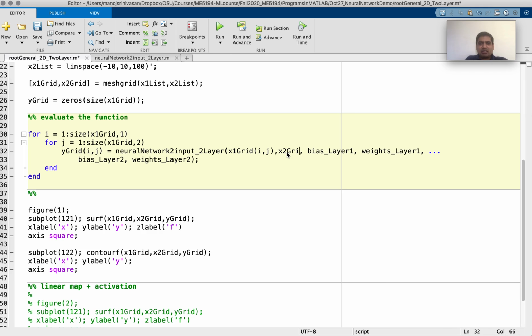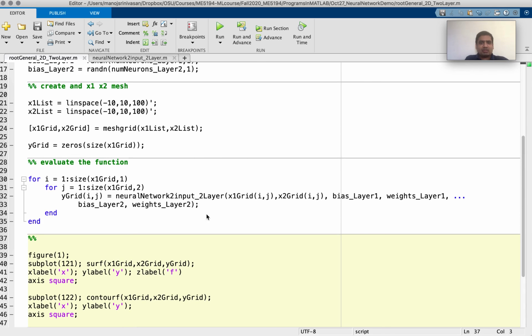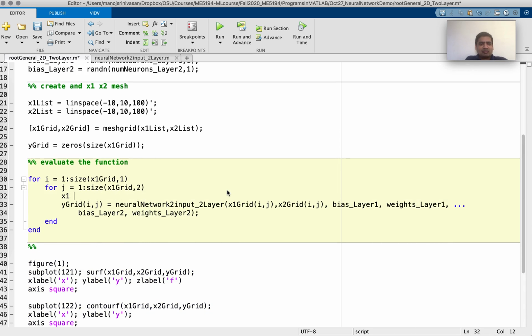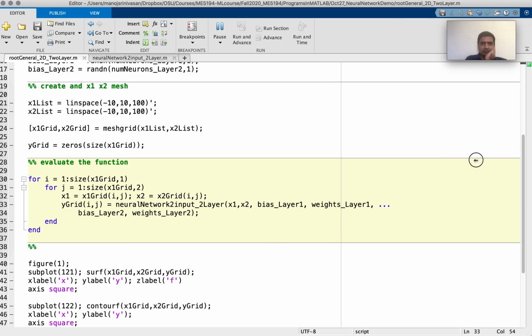So we are evaluating this neural network at a variety of x1 and x2, and then doing a surface plot here. That's what we're doing. Okay, so we can, if we want, do this instead if it's a bit more clear. Okay, so if I run this thing,